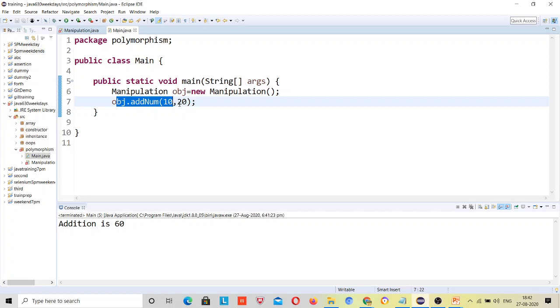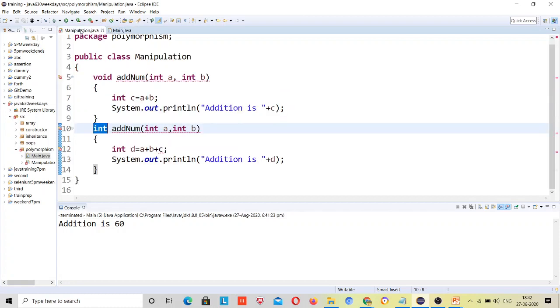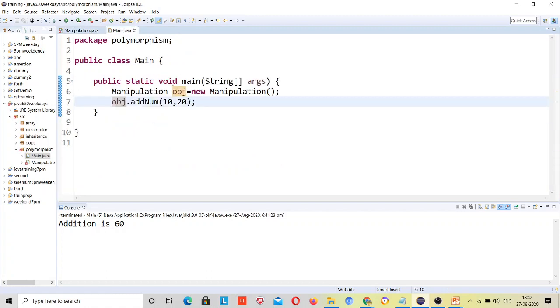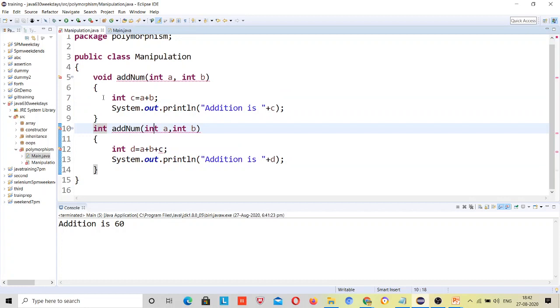Here it's not giving an error because there is a method present with two integer variables, so it's fine over here. But over here it is confused about which method it should call, because I have passed two integer values and it needs to find a method with two integer values, and both are present. Now it's getting confused about which one it should call.